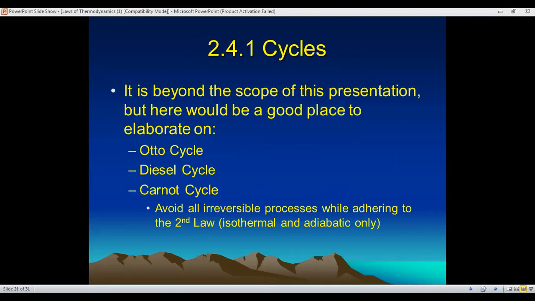What is the cycle? It is beyond the scope of the